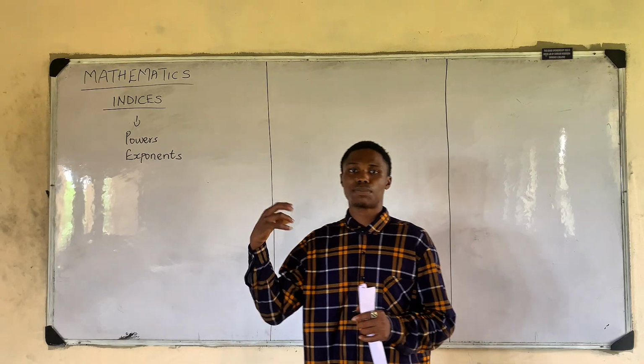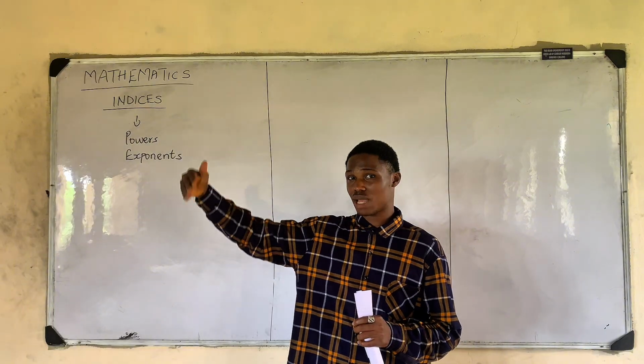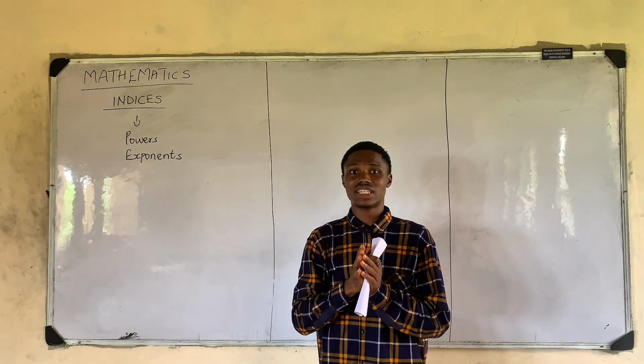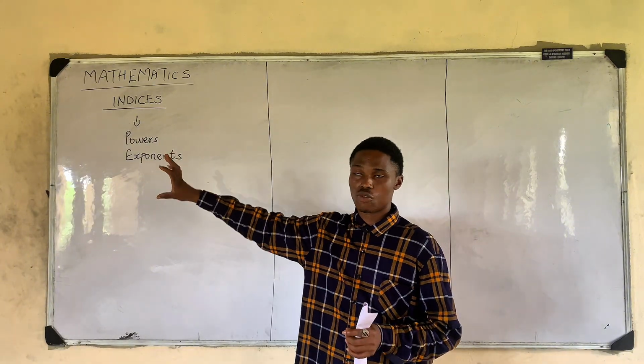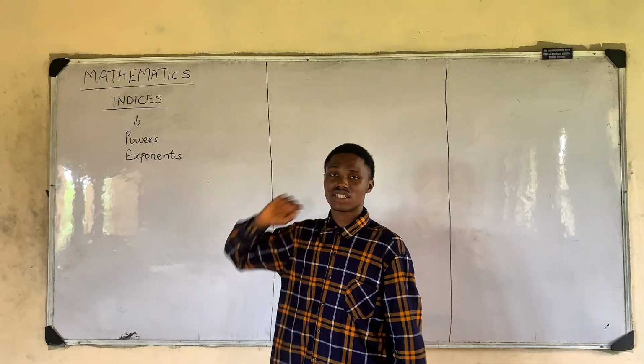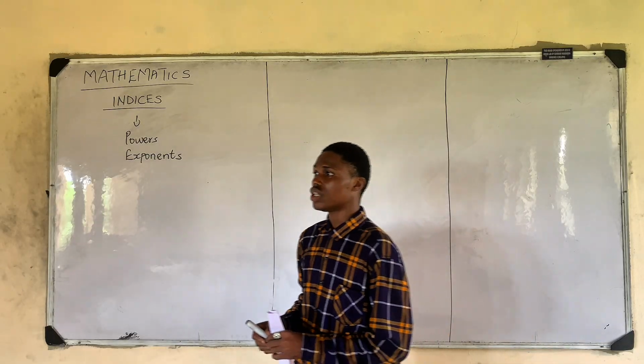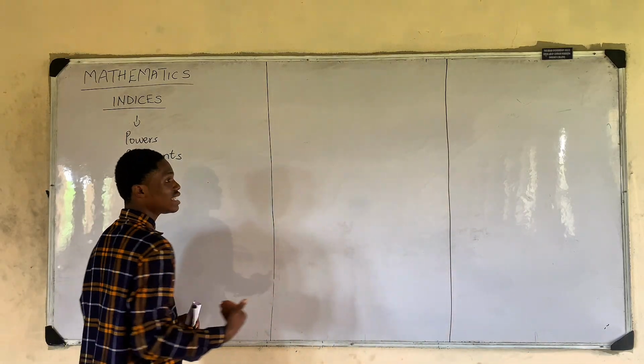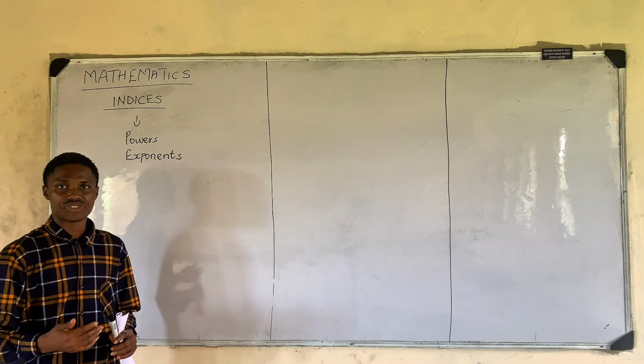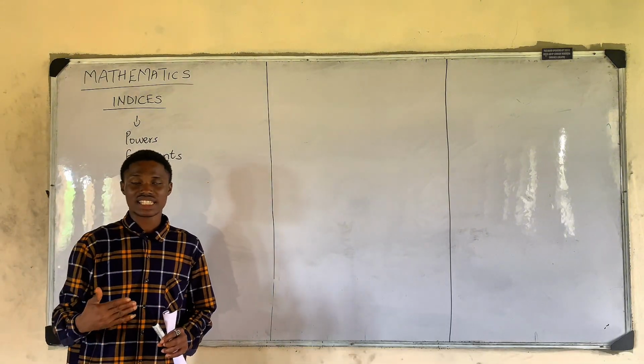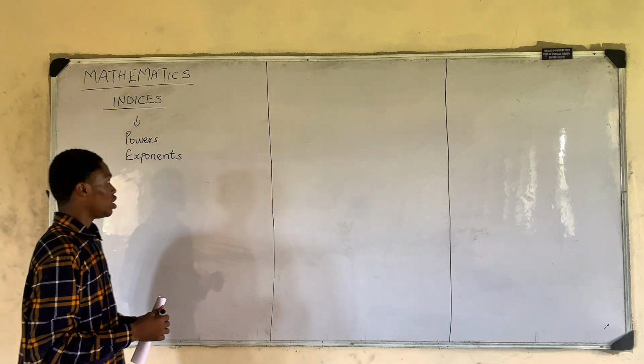If a number multiplies itself many times and you want to represent it without writing it in full, we use indices. For example, if 2 multiplied itself 6 times,